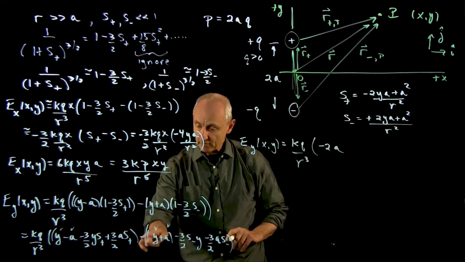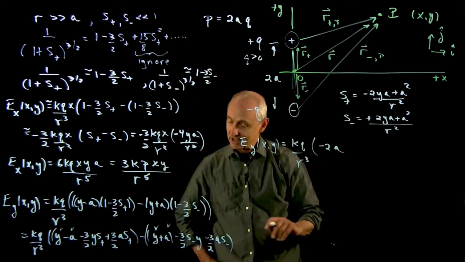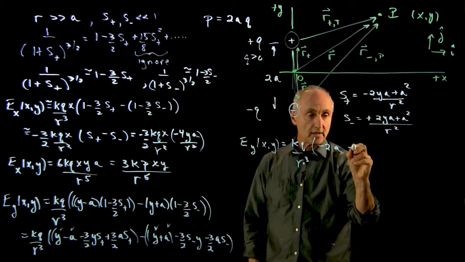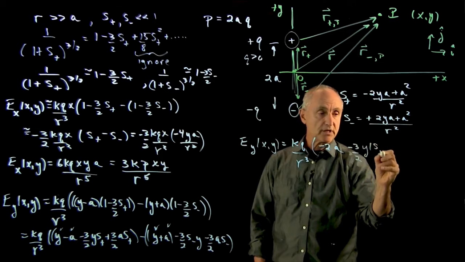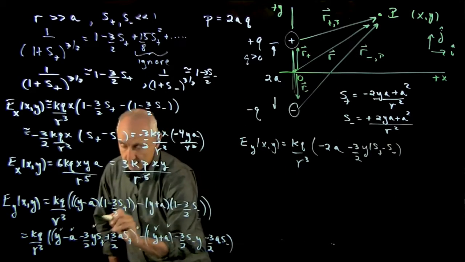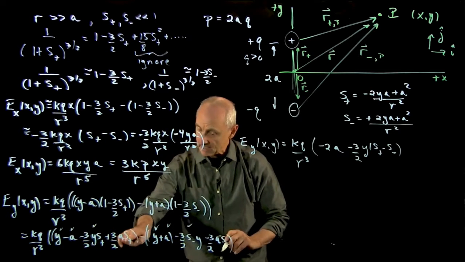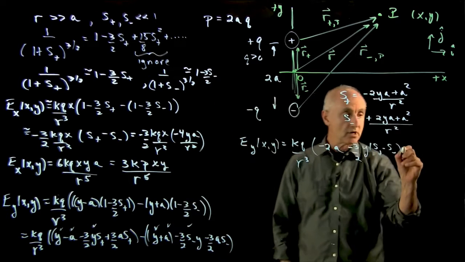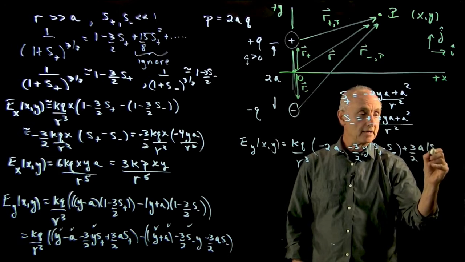And over here, we have minus 3/2 s minus y. So that looks like minus 3/2 times y times s plus minus s minus. And that takes care of those terms. And our last terms, we have 3/2 a s plus minus minus 3/2 a s minus. So we get a 3/2 a s plus